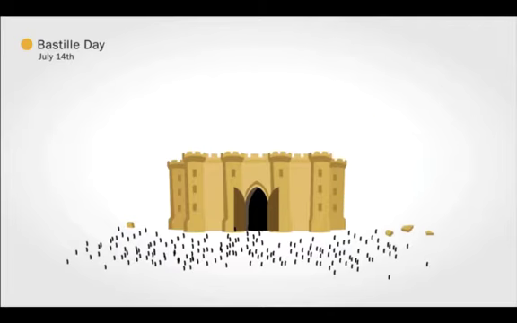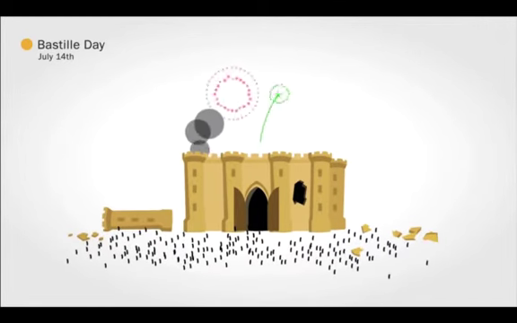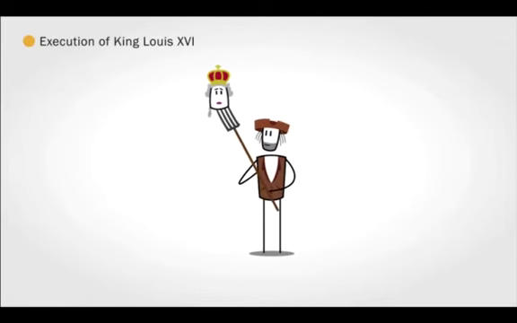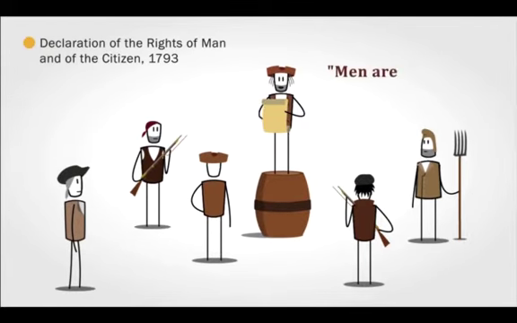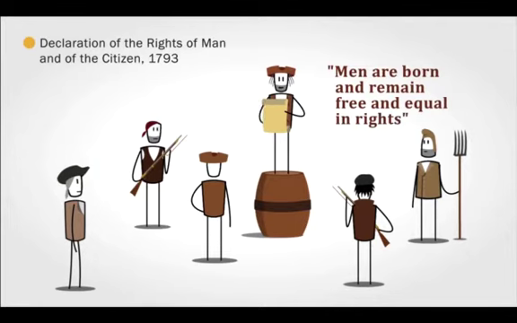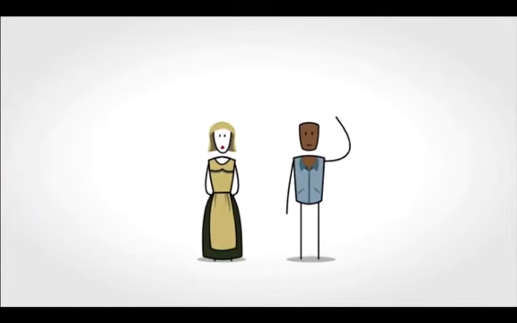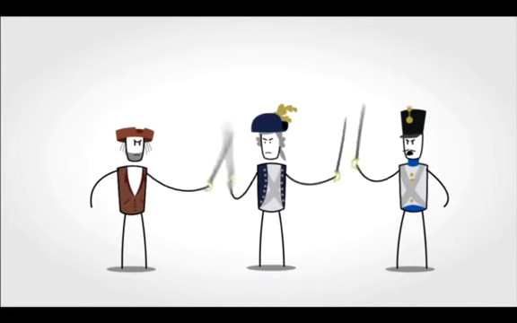This date is marked as the beginning of the end of the old monarchy, has become France's Independence Day, even though the king was beheaded only in 1793. Shortly after, the French adopted a universal declaration which stated, "Men are born and remain free and equal in rights." This was a radical change, even though it left many people out. But the French Revolution was far from a smooth ride. Actually, it was a bloodbath, which led to